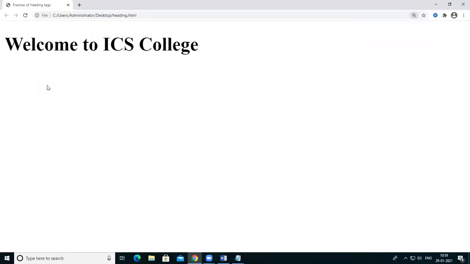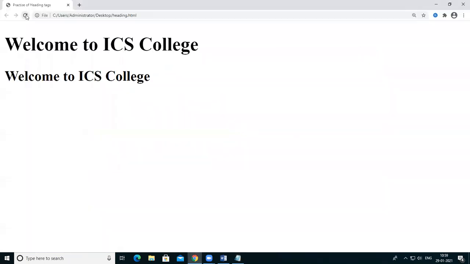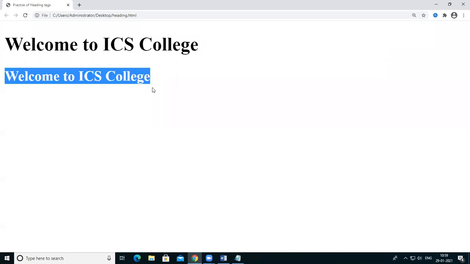See, the output looks like this. Then I'm using another heading in this program. You can choose any heading tag as you want. I'm giving this text as it is and close this heading tag H2. Save this file by using Ctrl S, or from here, File, Save. Go to the website and just refresh it to check the changes. So I'm adding this other line having the heading tag H2.